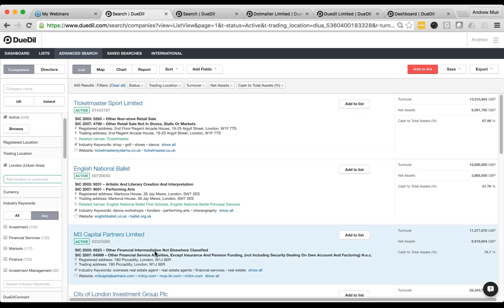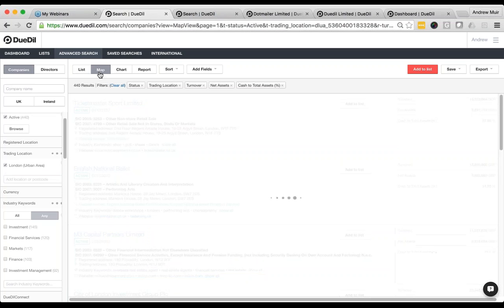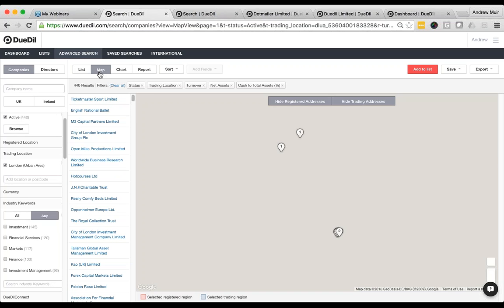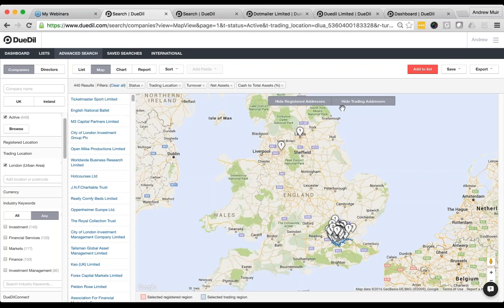Like, I have the key players in a niche market here already, but I need also the trends and what's happening. So we have different ways to do that. At the top, you have the map function. So I'm going to select it. It's not going to be as interesting here because I selected London, so I'm kind of guessing the results are okay.